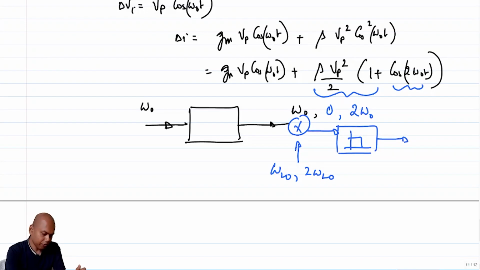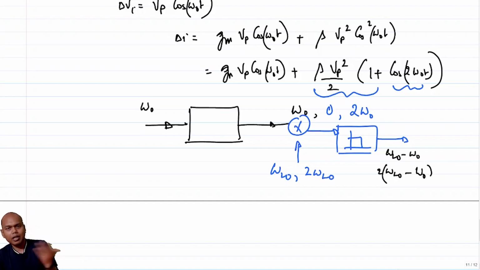If ω0 and ωLO are nearby, so 2ω0 and 2ωLO are nearby, the output will have components at ωLO − ω0 and 2ωLO − 2ω0, right? Twice (ωLO − ω0). So both of them can fall in band. It might corrupt your